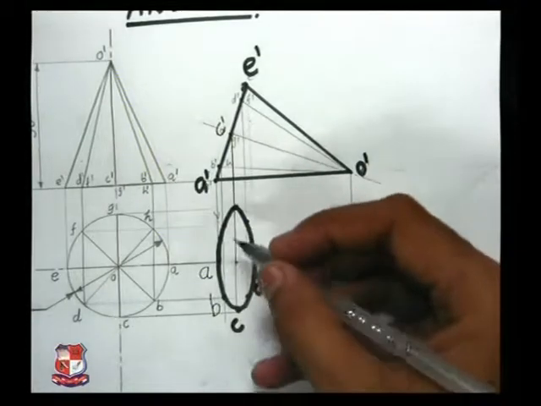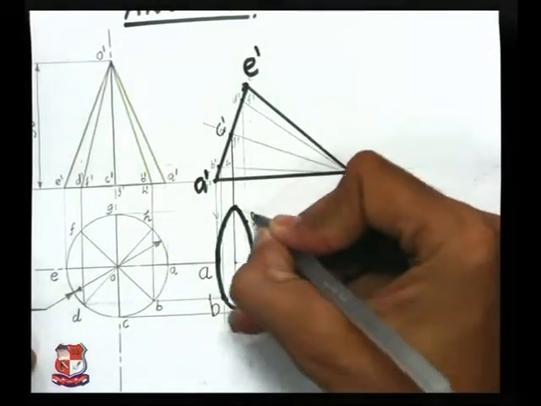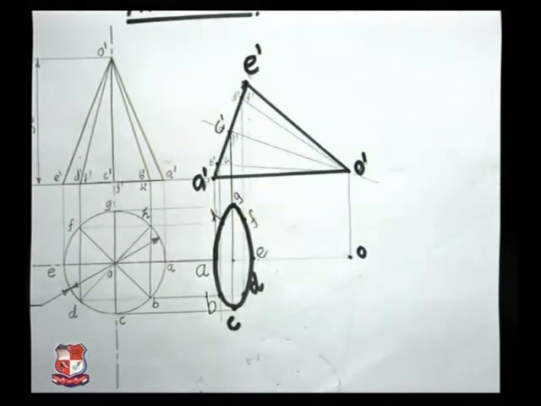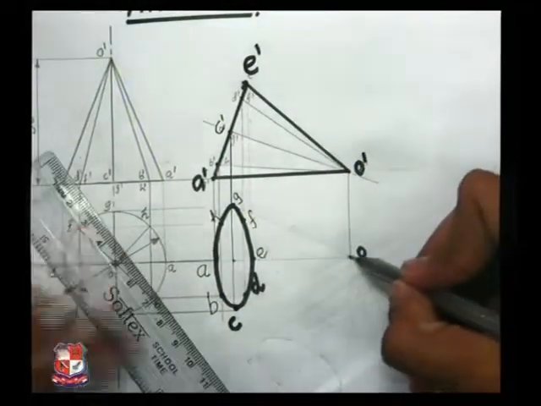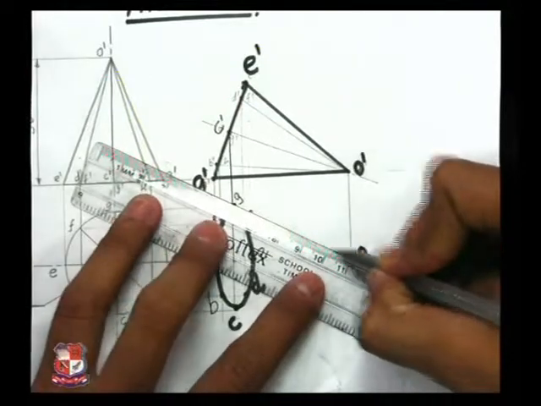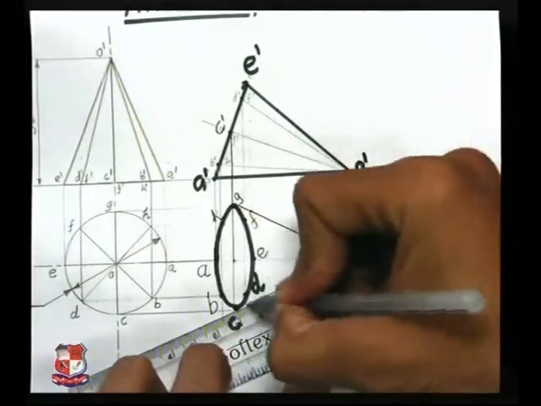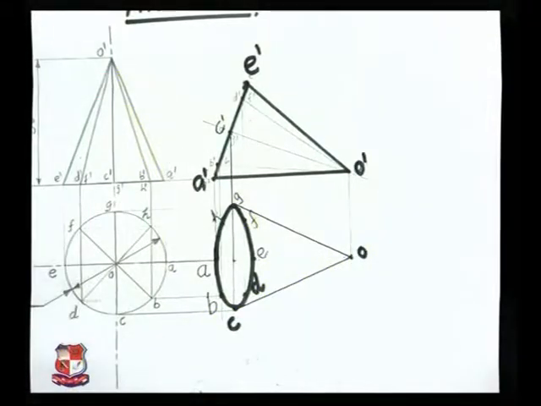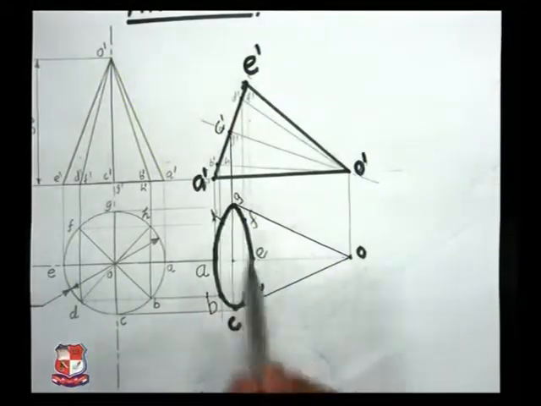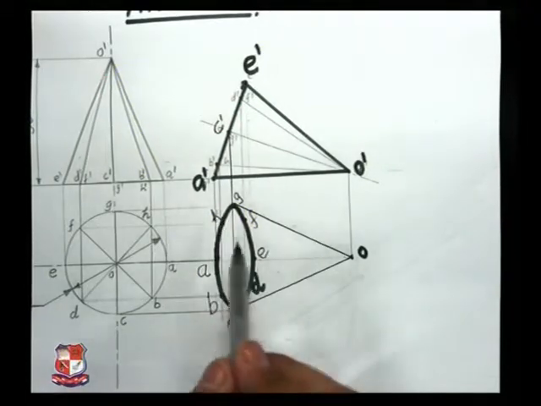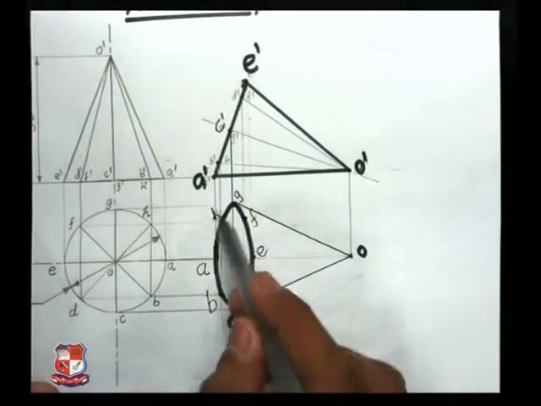Name the points. This is point E, F, G and H. And draw the generators like this. From O2, draw a tangent to this ellipse, and from O2, draw a tangent to this ellipse on this side. Don't cut to G or C. Don't join C and O. Draw these generators in such a way that they become tangent to this elliptical shape.